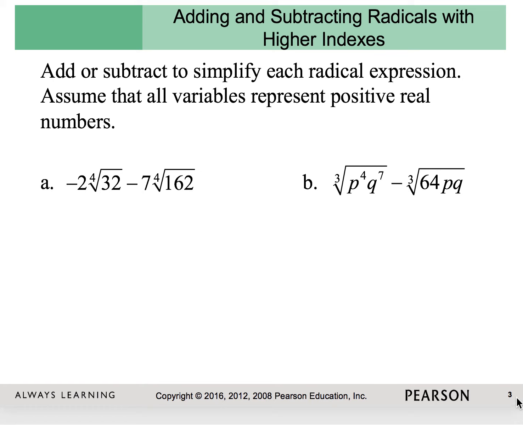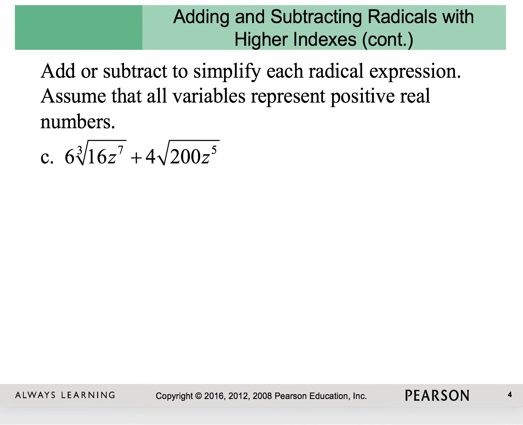Okay, just one more. Okay, so 16, again, let's do our 2's. On my fingers, 2 times 2 is 4. I'm holding up 2 fingers. Times 2 is 8. Times 2 is 16. Okay, so this is 6 times the cube root of 2 to the 4th z to the 7th